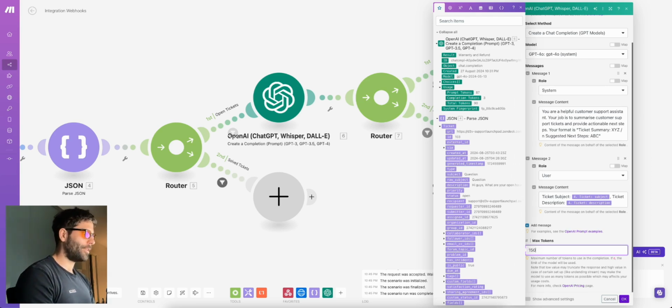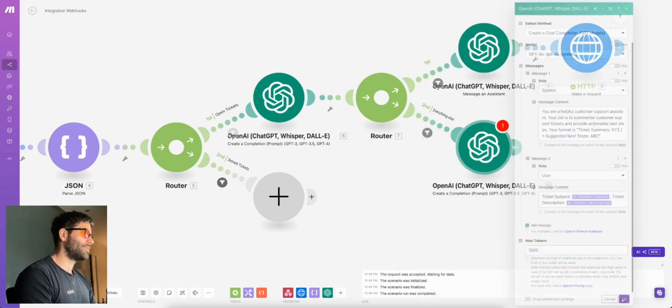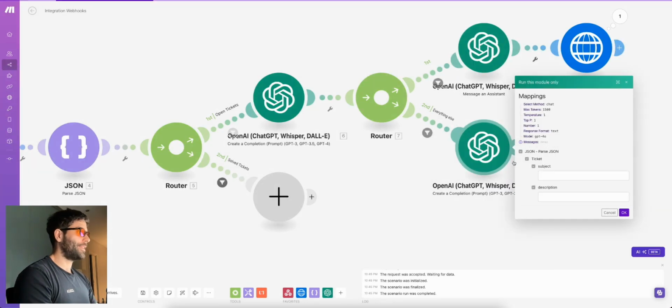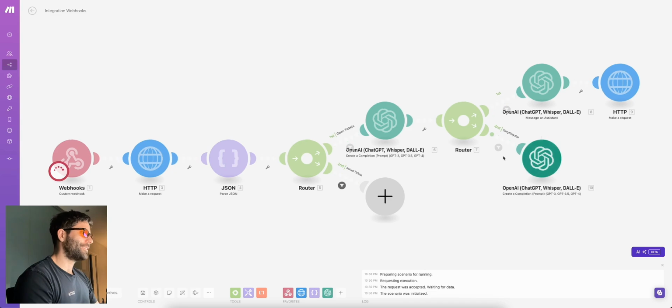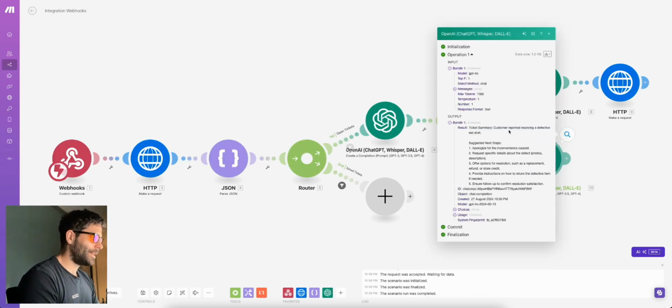Just as before, I'm going to go crazy with the tokens, click OK. And now I'm going to run this by itself. So subject, hi there. And what do we got here? Hi, I have a red shirt that I just bought and it is broken. Yeah, the red shirt is broken. Let's click OK. Awesome. So we have ticket summary, customer reported receiving a defective red shirt,